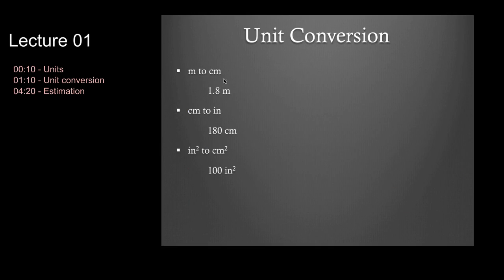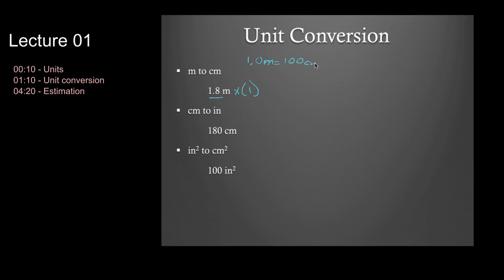So we're going to start with a basic conversion between meters and centimeters. And how to do this is basically by multiplying by 1. When you multiply something by 1, you don't change whatever it was that you originally measured. For instance, this 1.8 meters. So now we need to know what this 1 is. And that 1 is that in 1 meter, we have